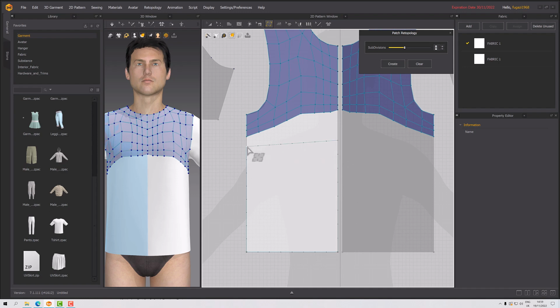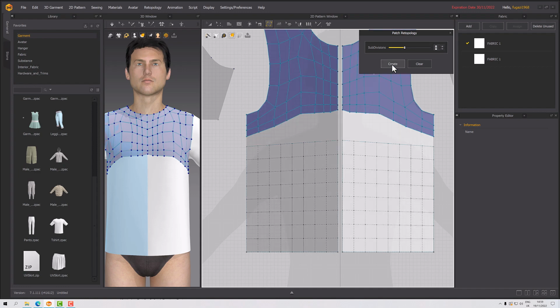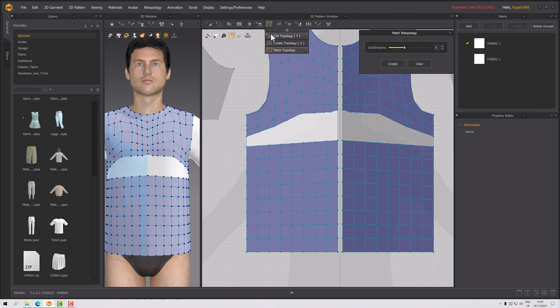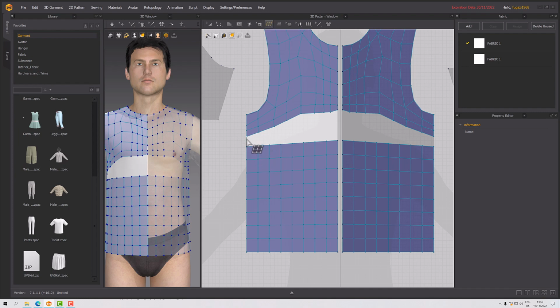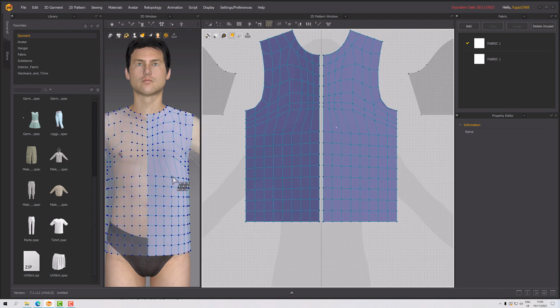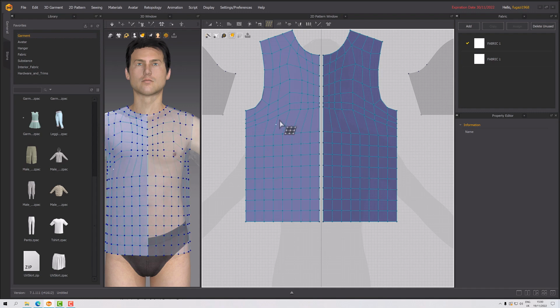Somewhere around there. There we go. And then hit create, and now I can join these up with the create topology tool. So just clicking each of these vertices, just keep clicking, and then eventually we should get there. Whoops. Oh, missed that one. Oh, no, I've got it now. There we go. Okay, so I could spend some time evening this up,